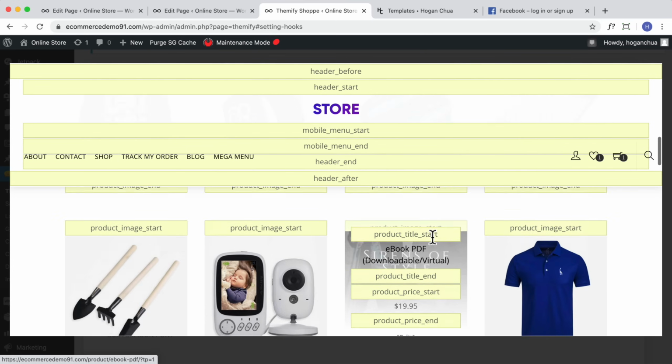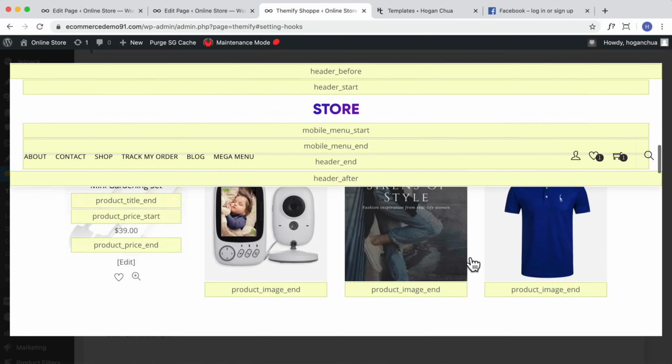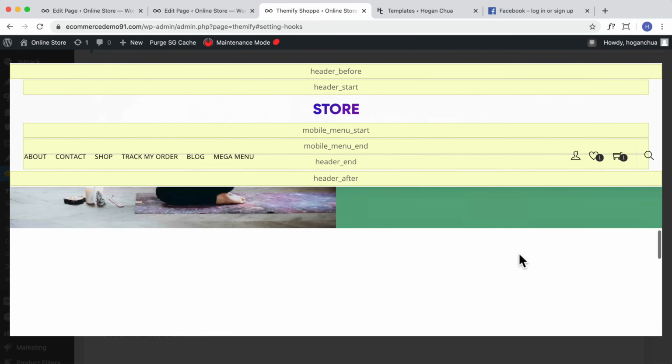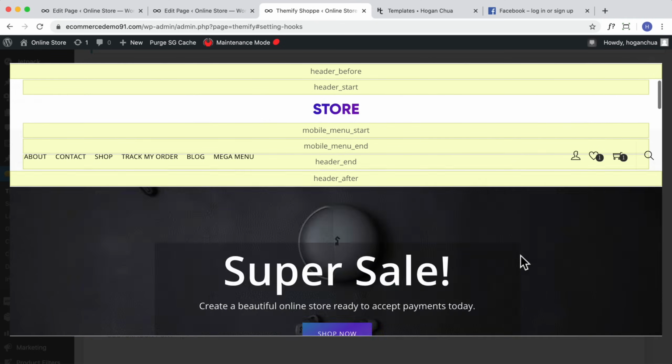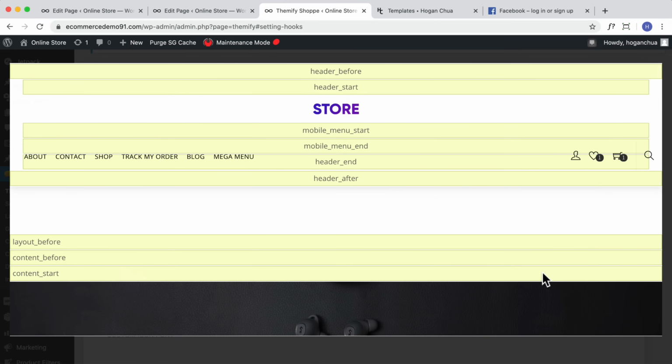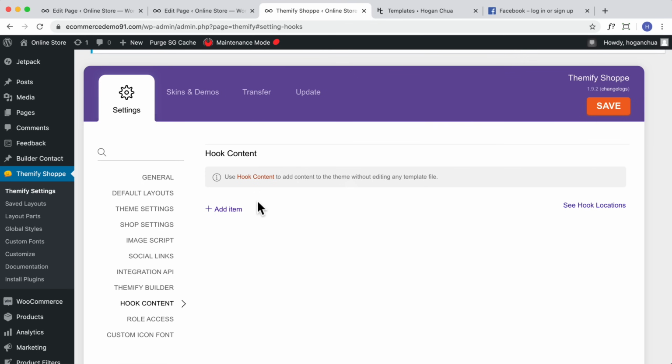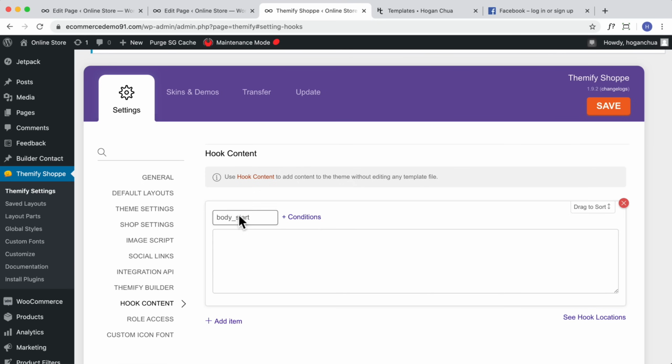We can just look at it and there's so many different possibilities. You don't really need it too much actually, so don't use it too much because it's just going to overcomplicate things for your website. So what I do want to do is maybe put a header after, okay, so after the header, and let's just go over here, add item, okay, so we're going to select header after, paste in the shortcode, click on save,